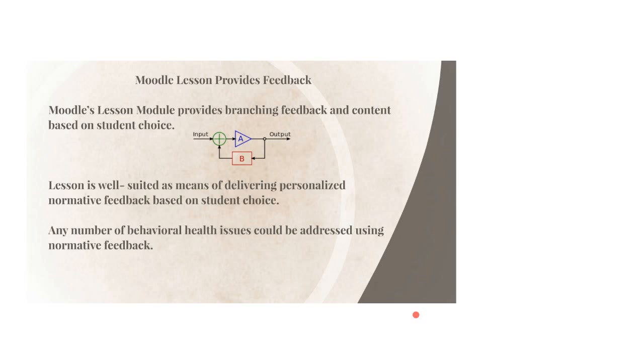However, no one needs to be in charge. If we already know what the norms say and what the norms mean, for example, if you're drinking 18 to 20 drinks a week, you're at higher risk than someone who drinks 14 to 15 drinks. So that's how I set this up, and that's called a behavioral health issue. I believe that there are a number of different behavioral health issues, such as obesity, taking care of your diabetic neuropathy, smoking, lack of exercise, not going to the gym when you're supposed to, weight, etc. All of those things have a high propensity for being addressed using normative feedback, saying, well, you know,